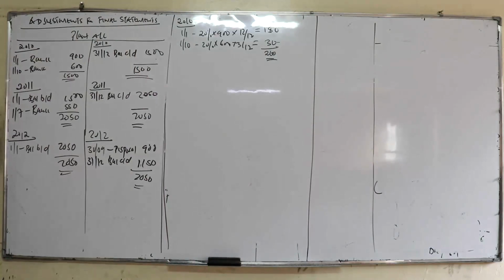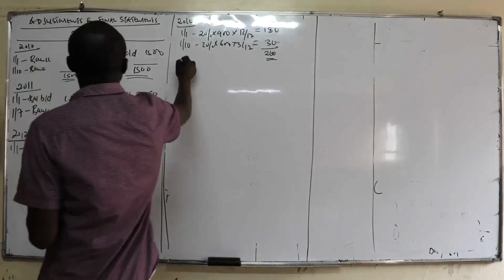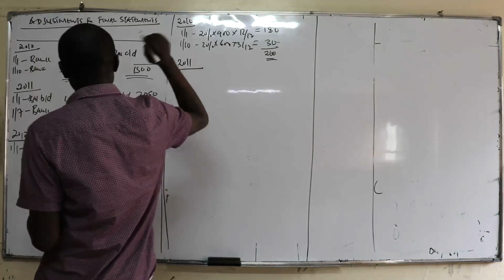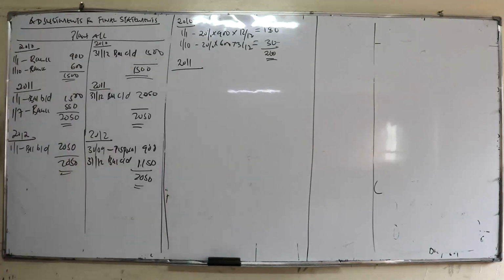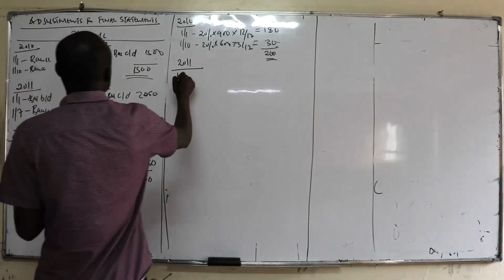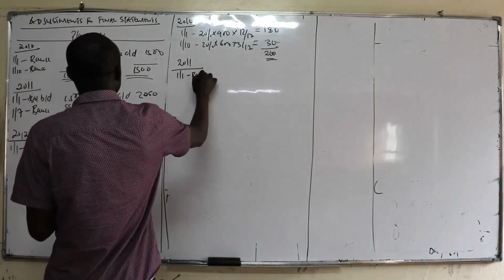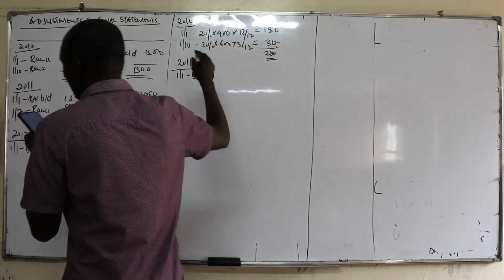Then we go to 2011. The assets that were there from 2010 are there throughout 2011. They have not been sold. In 2011, they are there, isn't it? So 1st January, we have the balance brought down. Those are the ones that came from 2010. The balance brought down is